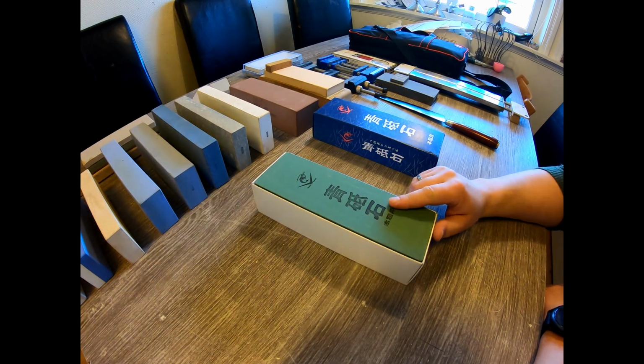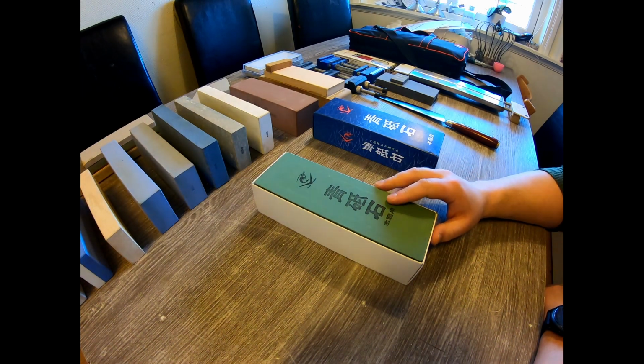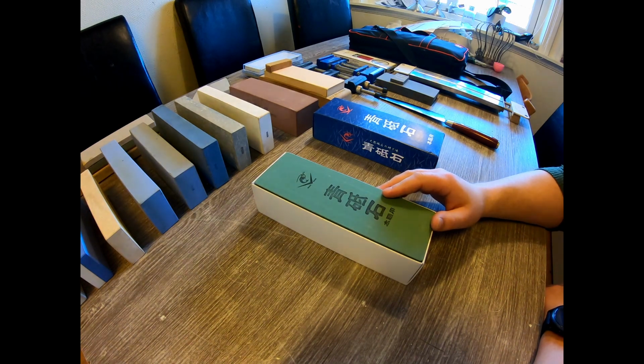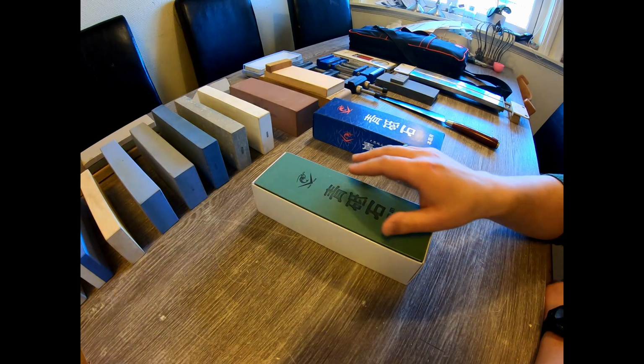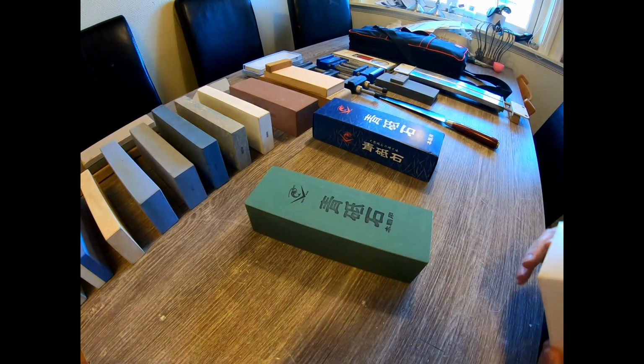And Naniwa is one of the manufacturers that are known for using very small abrasive particles. So from a 3000 grit Naniwa stone, you would get a very fine result compared to other manufacturers, say Shapton for instance, which is known for having larger particles, which makes for faster stones. So the interesting thing about this stone is that I believe, or at least I hope,